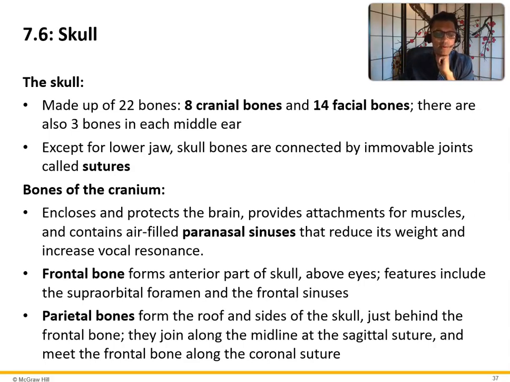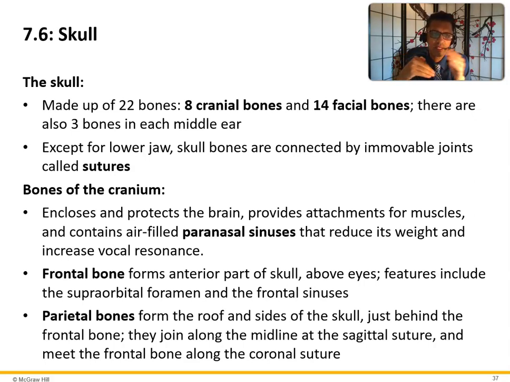So in lab, I want you to spend time and identify these bones, the frontal bone, the parietal bone, these sutures. Okay. In lecture, you want to know how many bones there are, and where they are located in relationship to each other. So a perfect example of a question that I could ask is, how many bones in the human body? I could say all the following are in the axial skeleton except